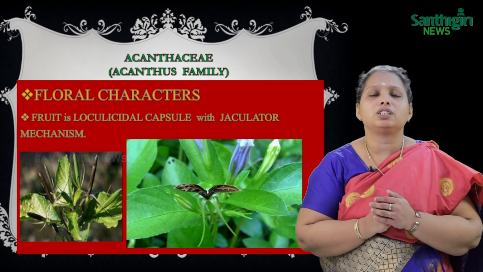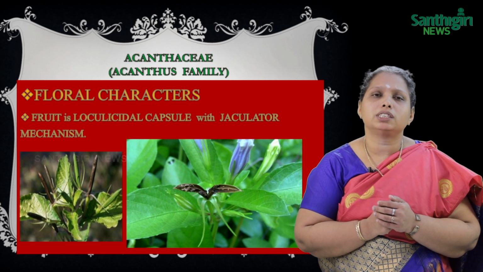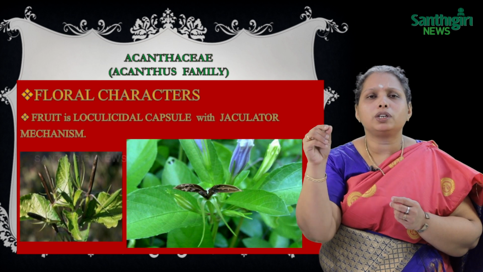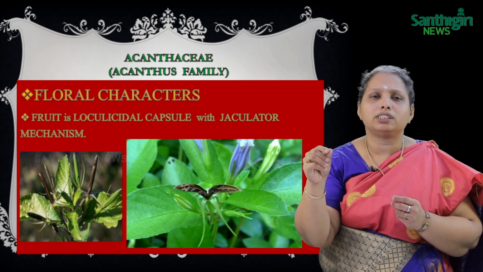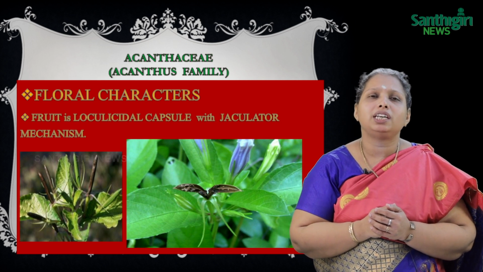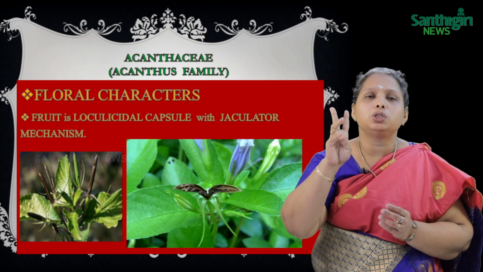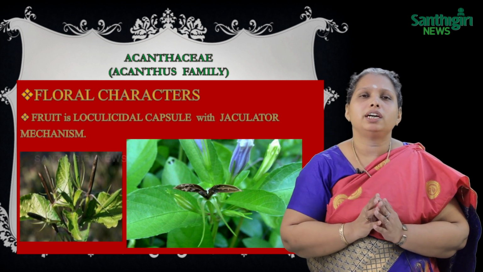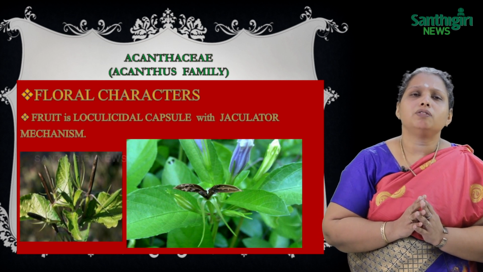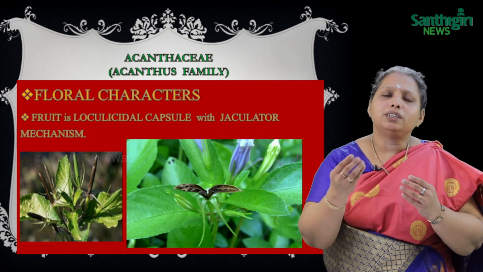Next, the androecium: 4 or 2 stamens, but you should write it as 0+2 or 2+0. Then the didynamous condition. What is the didynamous condition? 4 stamens in 2 levels, 2 short and 2 long. Then the gynoecium: bicarpellary, syncarpous, bilocular with many ovules on axile placentation, style simple,